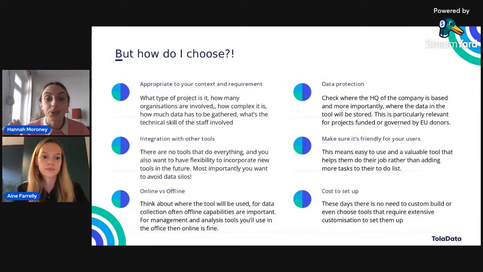You also want to make sure your tool is user-friendly, and this is perhaps, dare I say, the most important factor in any of this, because change management is difficult and time consuming. Rolling out a new tool to your team is no small feat, because it can take a little while to get everyone used to the new tools and trained.